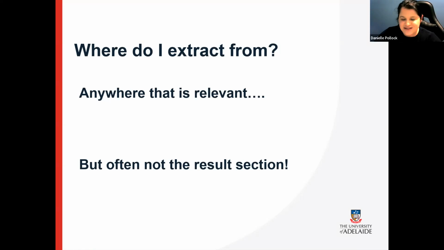If you are seeking the results section, and what I mean by that is the actual specific results of effect, if you want the effect of the results, you need to do a systematic review. That's a question that can easily be turned into a systematic review question. So we're often not extracting the results section. We might just extract what are the outcomes, what are the tools to measure those outcomes, but not necessarily the results section.